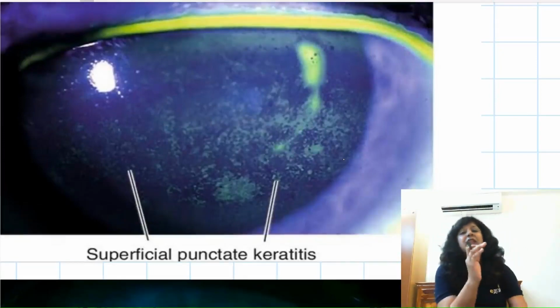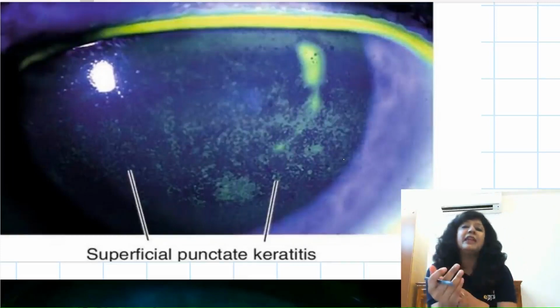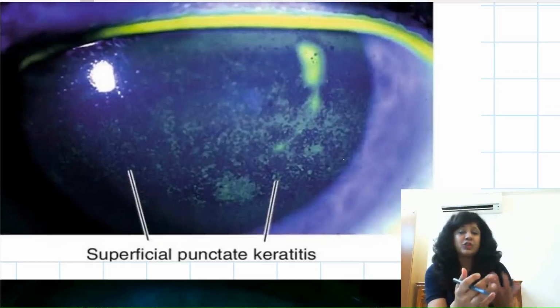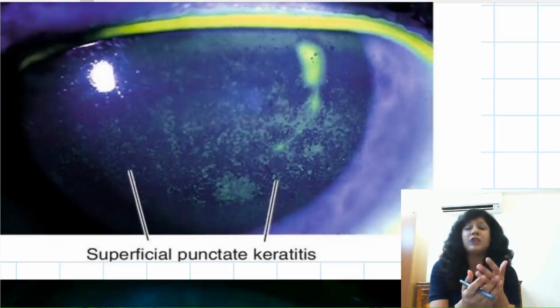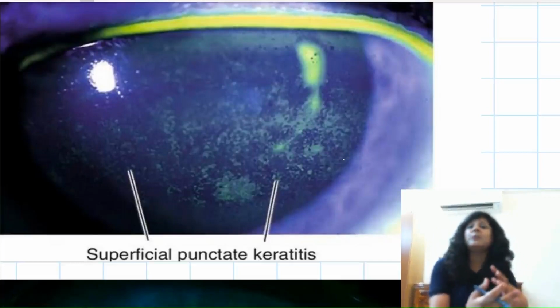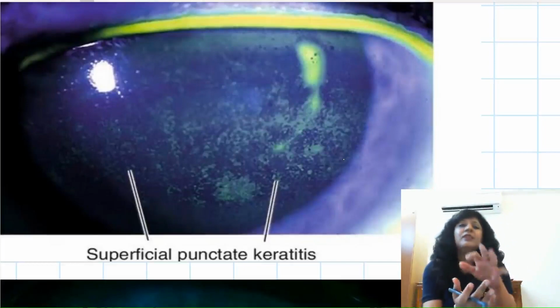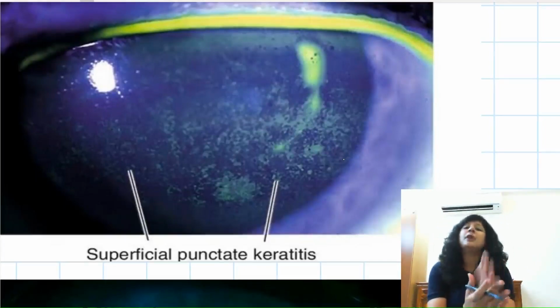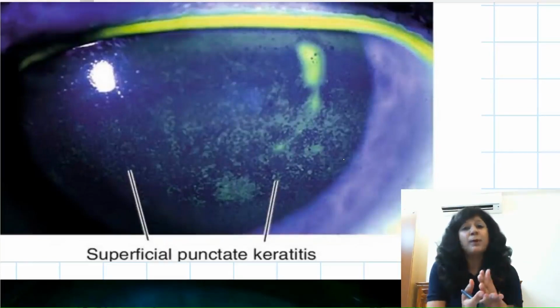So whenever they are talking about the decreased corneal sensations, always remember that it's a viral ulcer. The reason is that these virus remain dormant in the trigeminal ganglions, and that is why after causing the primary infection, they can also cause the recurrent infection. They become dormant there, and whenever there is opportunity, they will come back, and that is why they are presenting with the decreased corneal sensations. So first I'll talk about the herpes simplex. As the name says, it is simplex. It is a simple bacteria causing less problems in comparison to the herpes zoster.